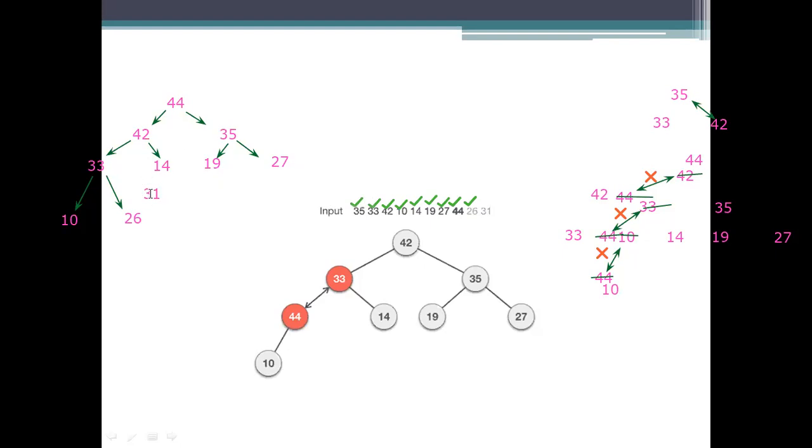Now, see whether it is satisfying the condition or not. As it is less than 31, the parent node, what we need to do is swap. Okay, so by swapping, the final one will be